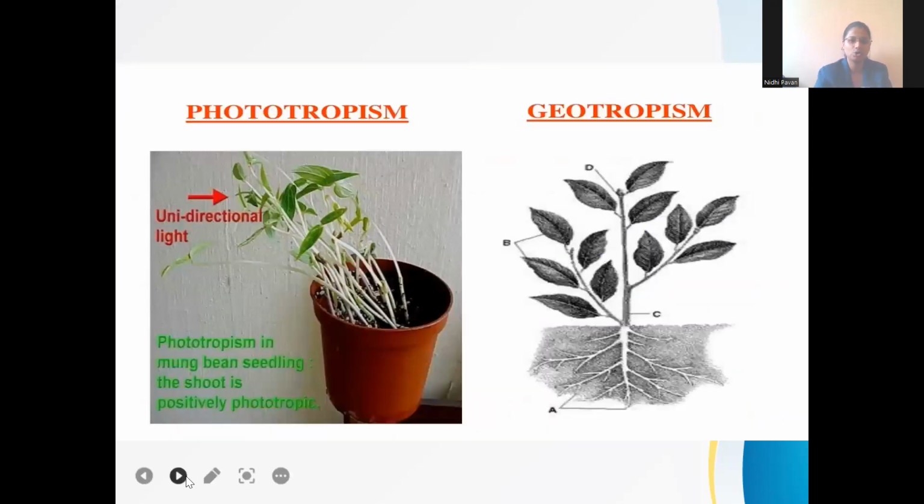Fine. This is phototropism. So unidirectional light. See here, as you can see, the plants are bent this way because they are getting the light only from this direction. That is why the shoot part of a plant bends this way. Okay. Next, geotropism. So root towards the gravity, shoot away from the gravity. Then